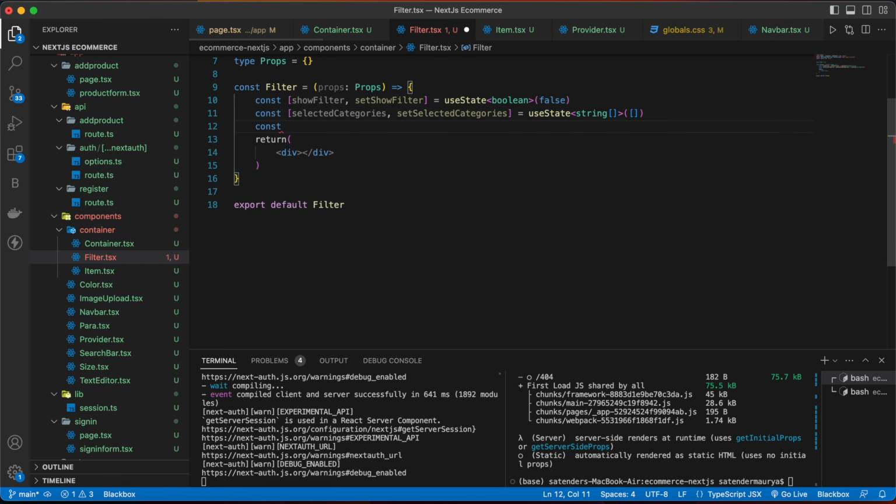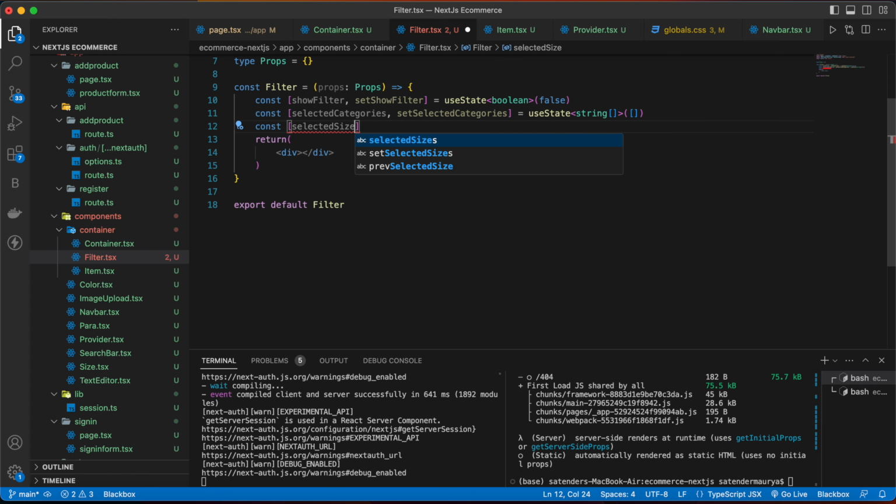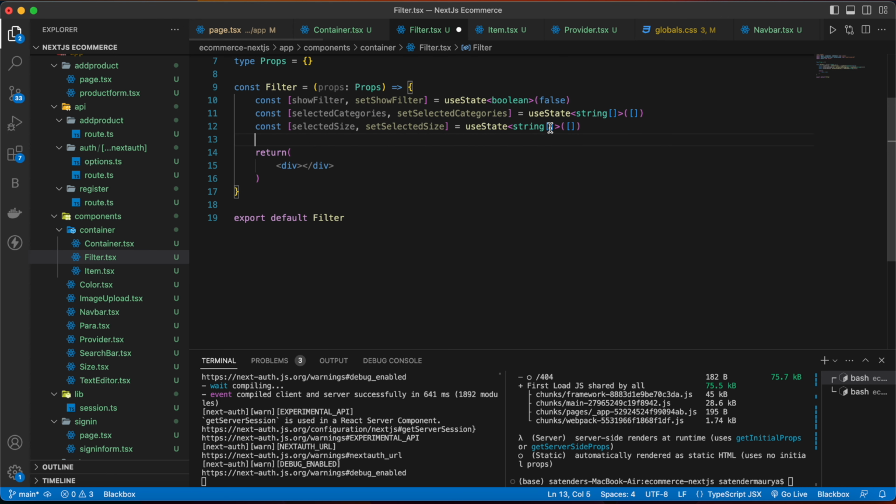Then we are going to have const selectedSize, setSelectedSize, and copy this from above and paste.